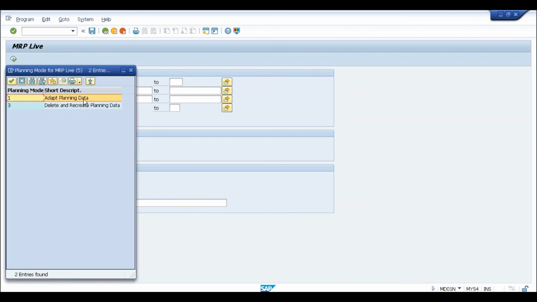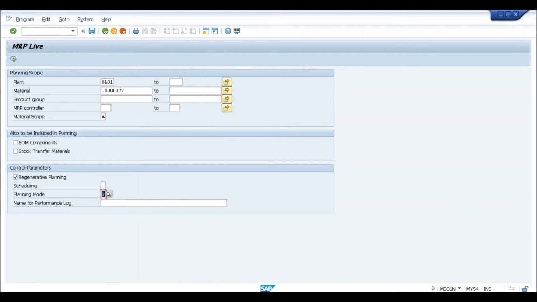Adopt planning data, delete and recreate planning data. Because I'm doing it for the first time, delete and recreate planning data. Now you can see the amount of time. What do you think? Is it taking less time or more time? MRP Live. Yeah, it came pretty fast, but let's see the results.